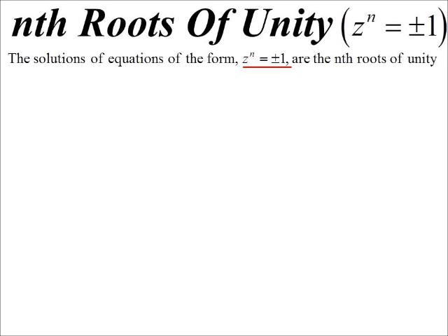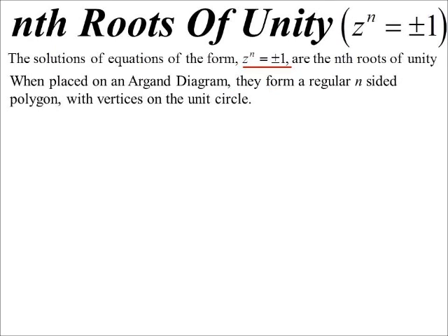Okay, what we're going to look at today is what we call roots of unity. And that is solutions to the equation z to the power of n equals, most of the time 1, but could also be minus 1. Now, I've mentioned this yesterday, or was it the day before, when we were talking about roots and de Moivre's theorem, that when you place them on the Argand diagram, they'll be evenly spaced around